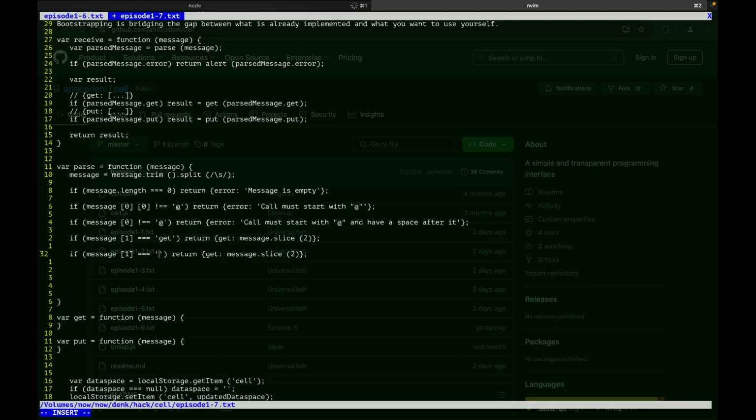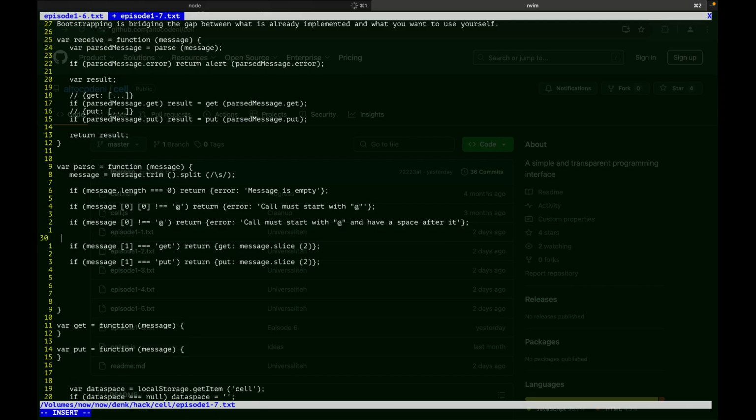And then we do the same thing for put. I don't want parse to be dispatching the call, so I'd rather do it at the receive level. So that's why I return something. And I know I could do something like this. That wouldn't be JavaScript ES5, but I could do something like this.